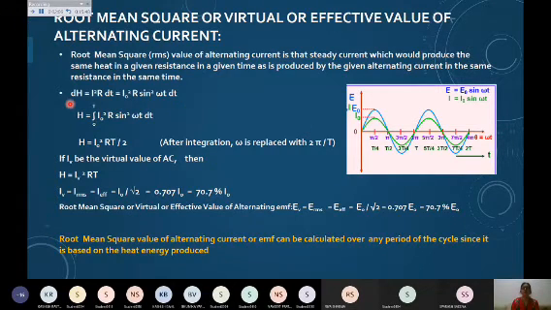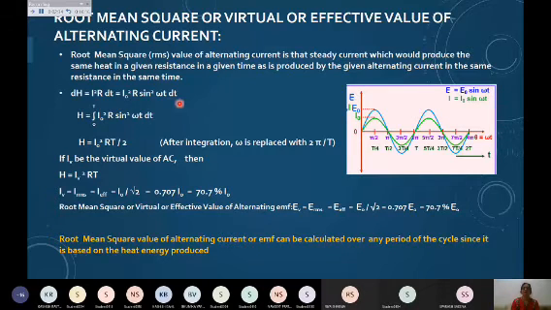So heat produced, as you know, the formula for direct current is I square RT. For a small time, the heat produced dH can be written as I square R dt. Because I equals I naught sine omega t, I'm replacing I by I naught sine omega t. So I will be getting I naught square sine square omega t, resistance R as it is, into dt.